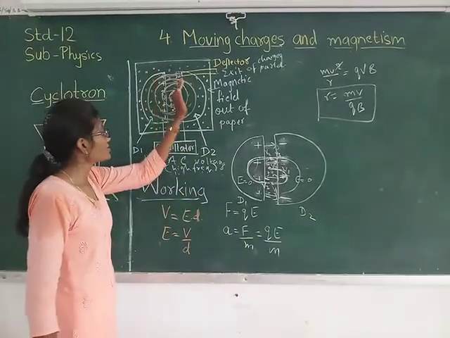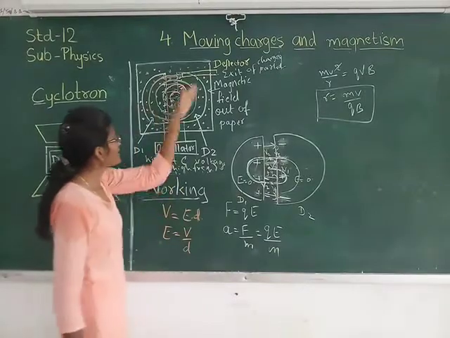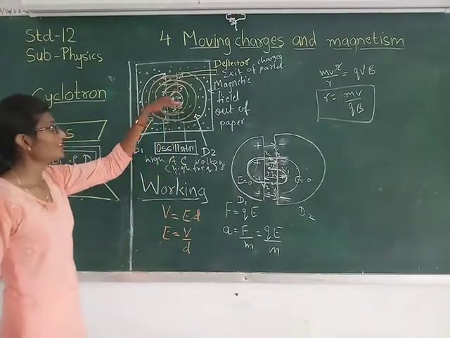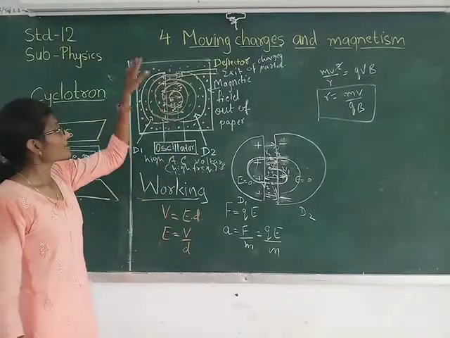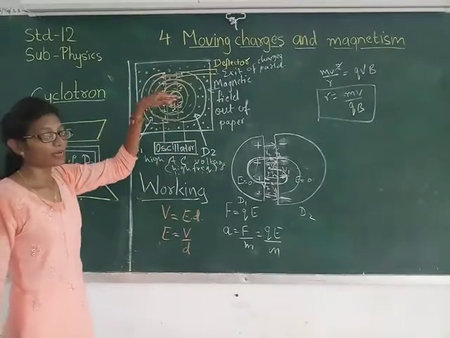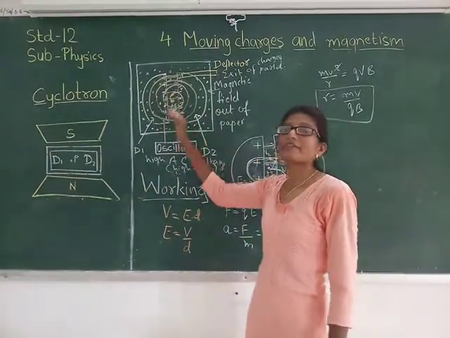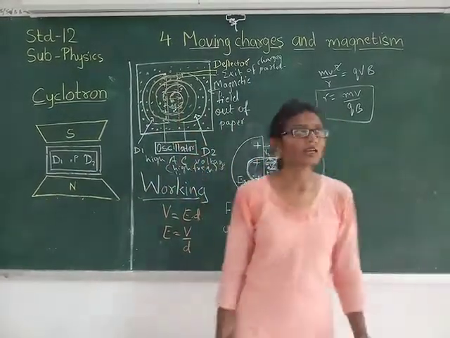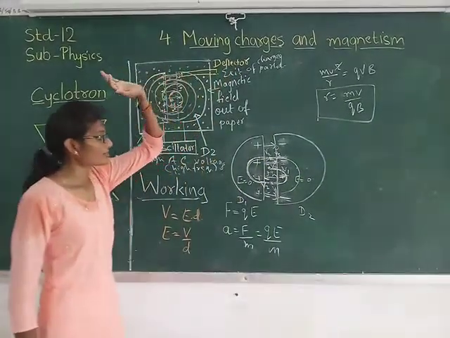So the charged particle gets accelerated with high energy, and it exhibits a circular path. Why do we need that? The magnetic field is there to provide the circular path so that the particle remains in the electric field for a very long time, right? Okay, so now it gets deflected from the deflector.